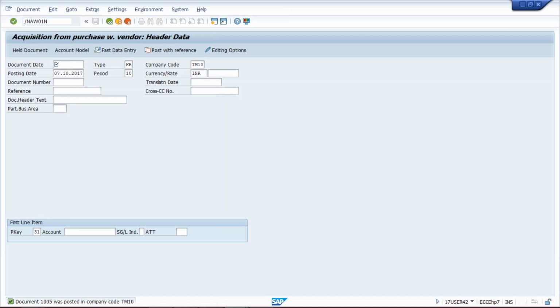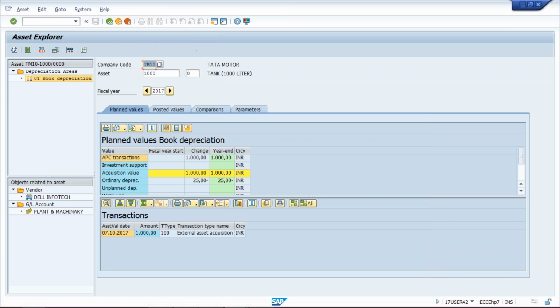AW01N is the transaction code by which we can see the balances here. So now see here, acquisition value is 1000 rupees. Ordinary depreciation. Now here the transaction means asset acquisition has been done, but the depreciation calculation, the system has calculated this much depreciation